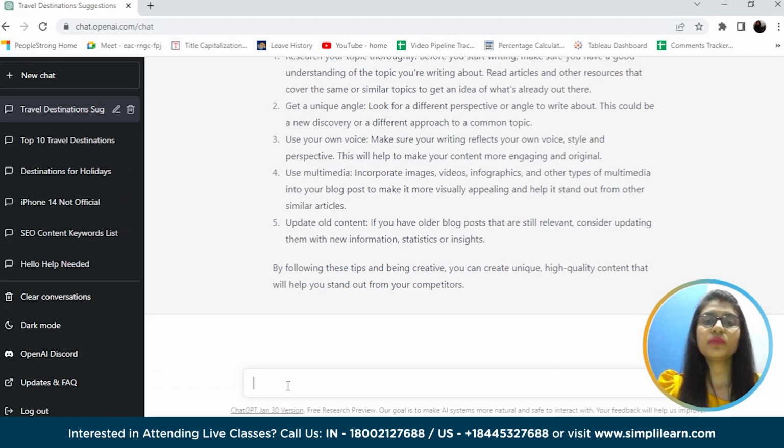Also, let's try to see one of the other aspects of technical SEO, that is 404 pages. 404 pages are not likely to get searched. Let's try to find some 404 pages on the website.